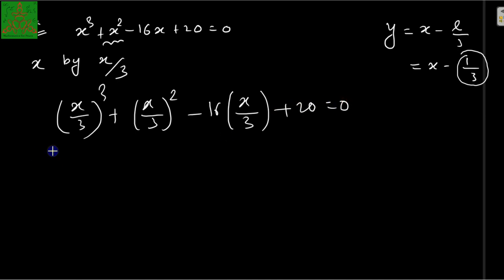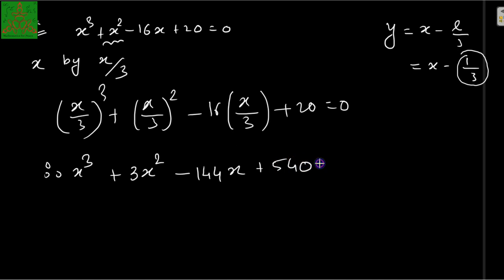If you simplify this, it gives x cube plus 27 is the LCM. Multiplying by it, we get 3x square minus 16 into 9, that is 144x, plus 20 into 27, which is 540. In this equation you can see that the coefficient of x square is 3, so now the value of L will be 3. So now I will replace x by